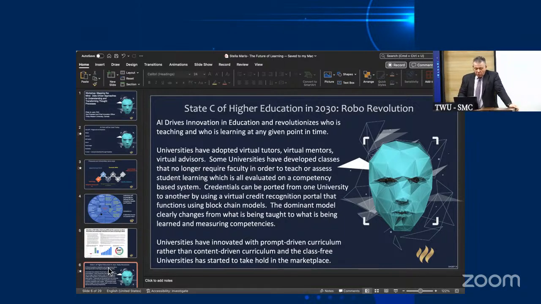The dominant model clearly changes from what is being taught to what is being learned and measuring competencies. One of the things that's really important to understand is that measuring competencies becomes the change agent in university education. Because if we can measure competencies, we know what the competencies are, and we know they have to be measured.